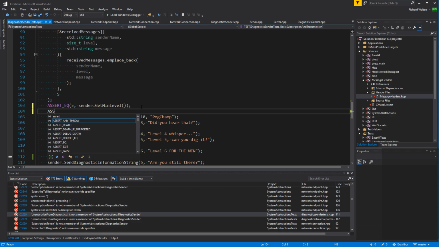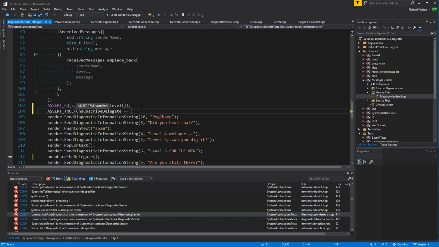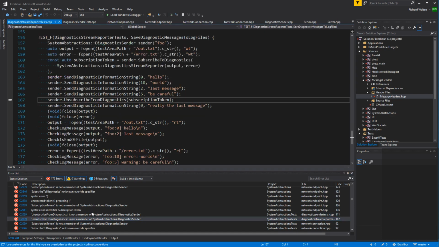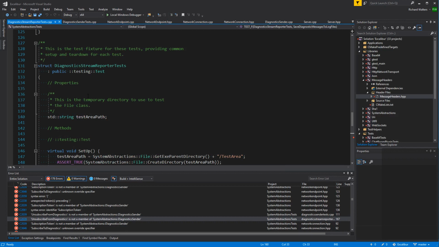Let's do a little check here. Assert true that it's not equal to the null pointer. It's probably a safe thing we should do, right? Okay. Again, so what did I call it? Unsubscribe delegate.